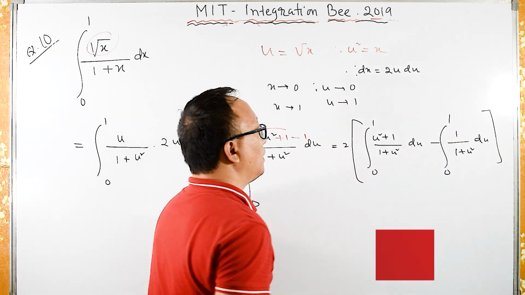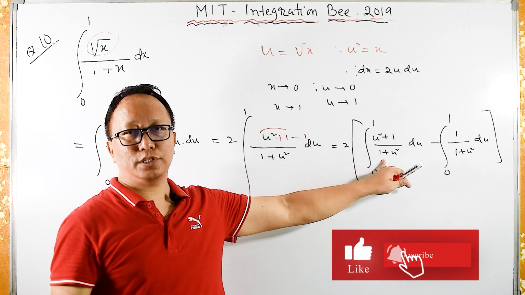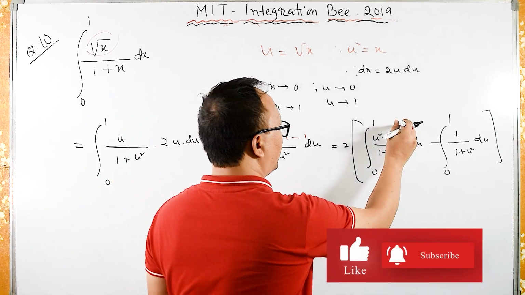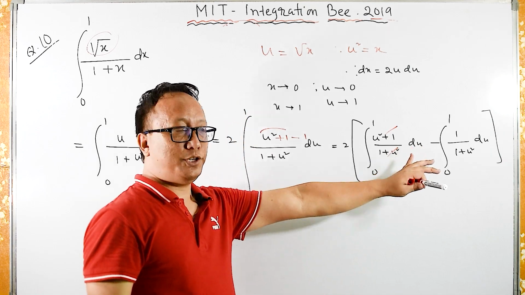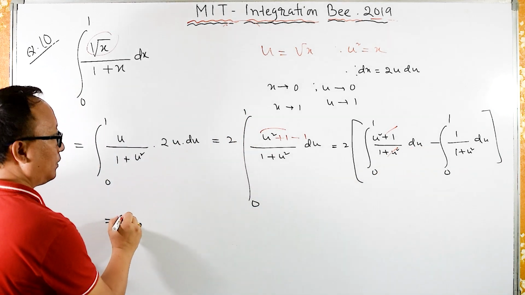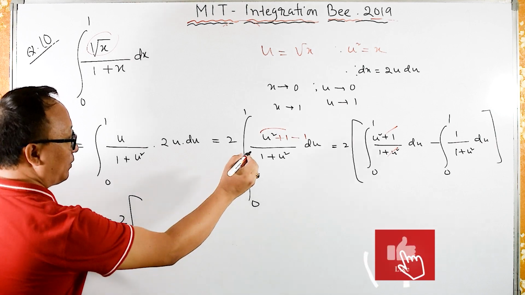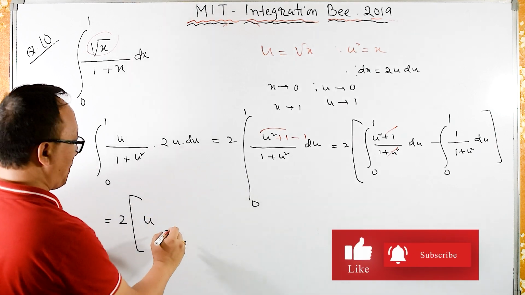Now here 1 plus u square is the same as u square plus 1, it gets cancelled, so we have only 1. The integral of 1 du becomes u, so it equals twice, only u we have, minus